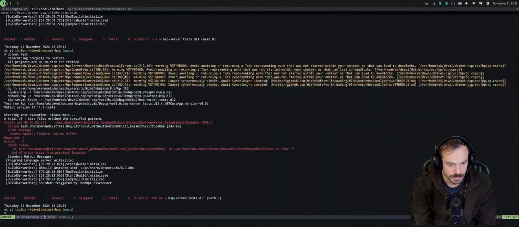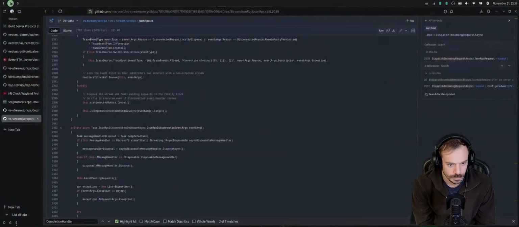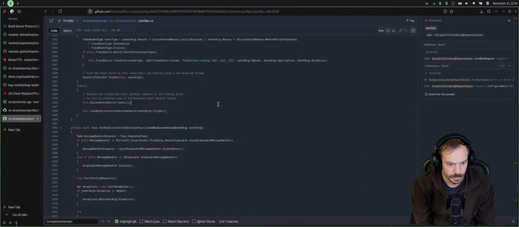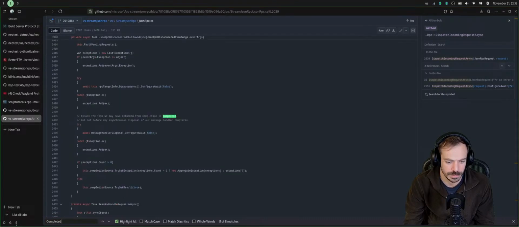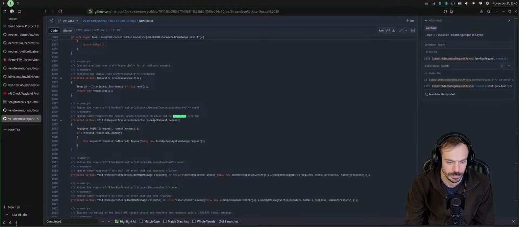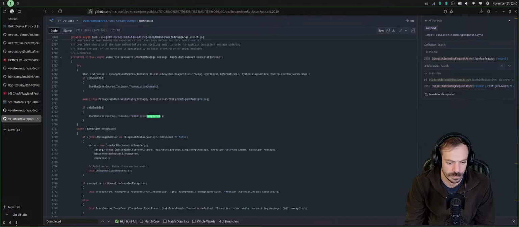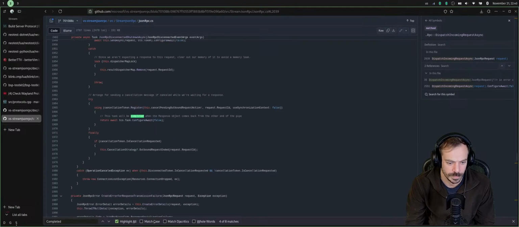Let's see. We search for the completed. Transmission. This task will be completed when the response object comes back from the pipe.